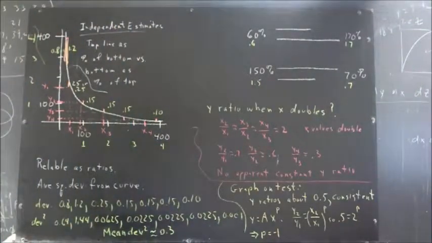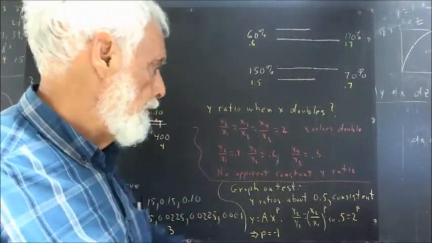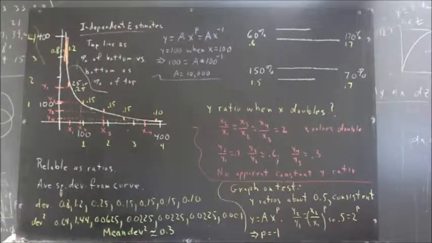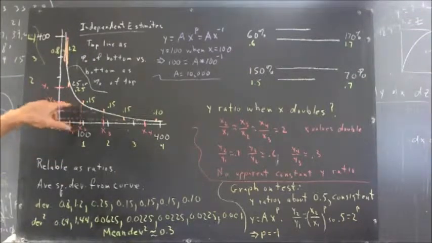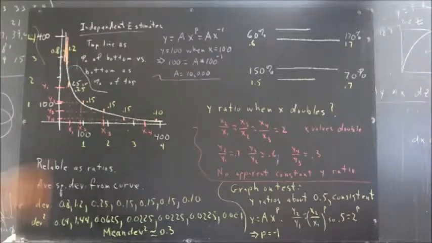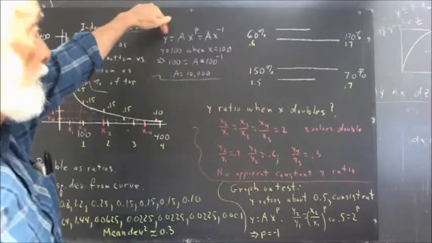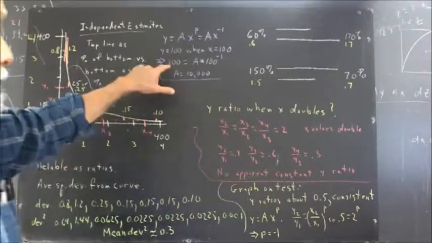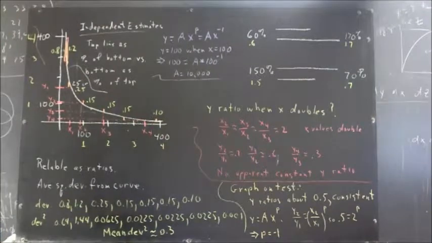You wouldn't need logarithms to figure that one out, though you might need logarithms or good trial and error if you had an estimate other than 0.5, which you might well have. Now we can find the value of a corresponding to this graph. It looks like 100 is pretty close to a point on this curve. So let's just say y equals 100 when x equals 100. Y equals ax to the p, p is negative 1, so y is ax to the negative 1. Plugging in 100 for y and 100 for x, we get this equation, which we easily solve to get